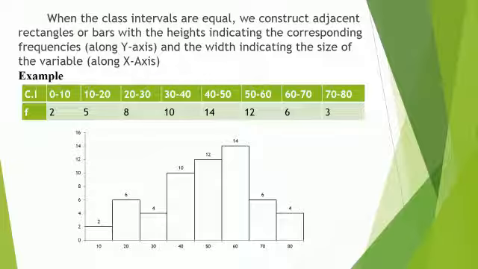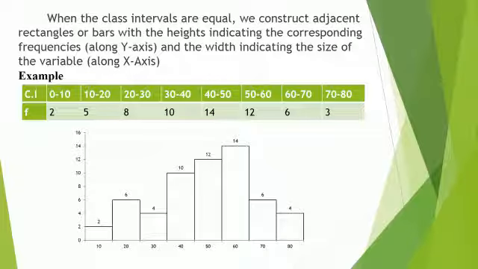We have to draw a histogram. The continuous bar diagram is called a histogram. On the x-axis you represent the class interval, and on the y-axis you represent the frequency. First you draw the class intervals: 0, 10, 20, 30, 40, up to the highest interval, 80. And the frequency is 2, 5, and the highest is 14. We split the axis into 0, 2, 4, 6, 8, 10, 12, 14, 16.